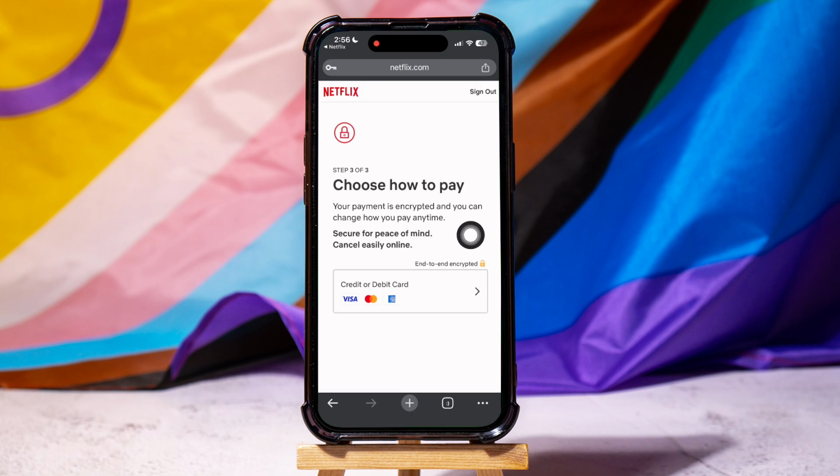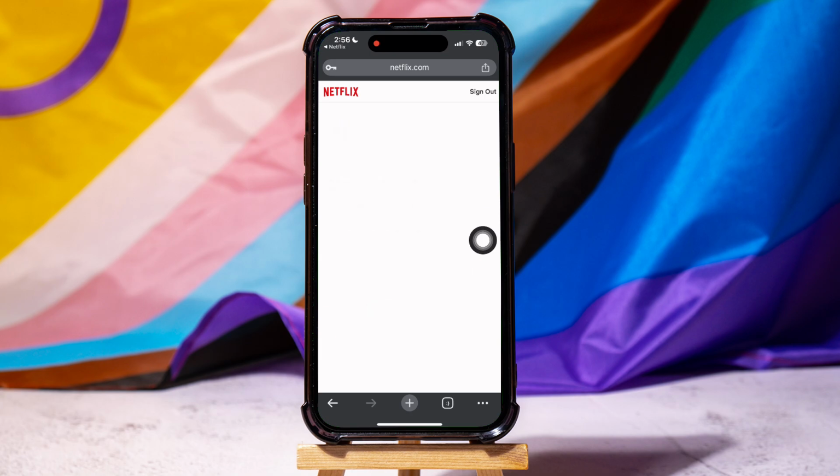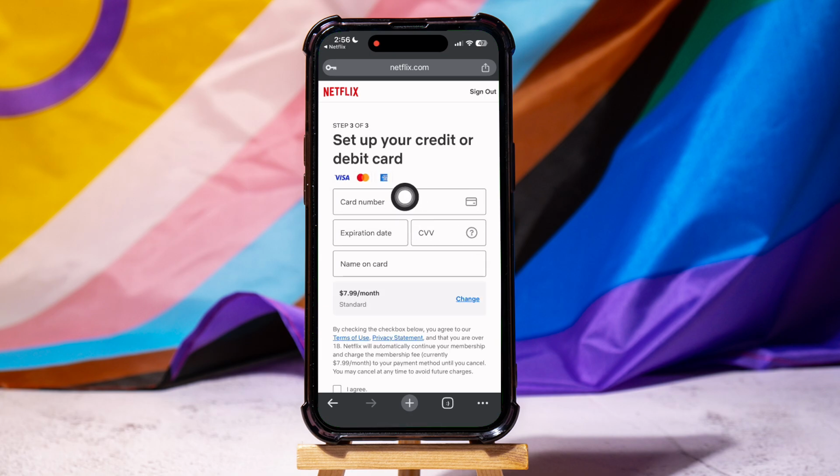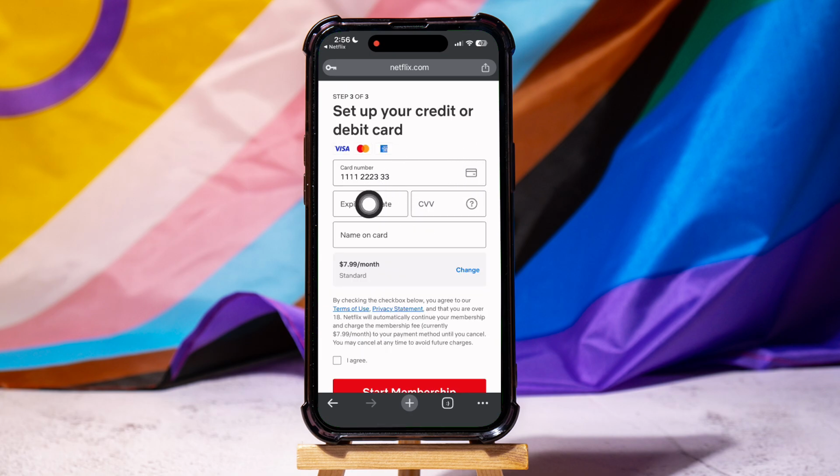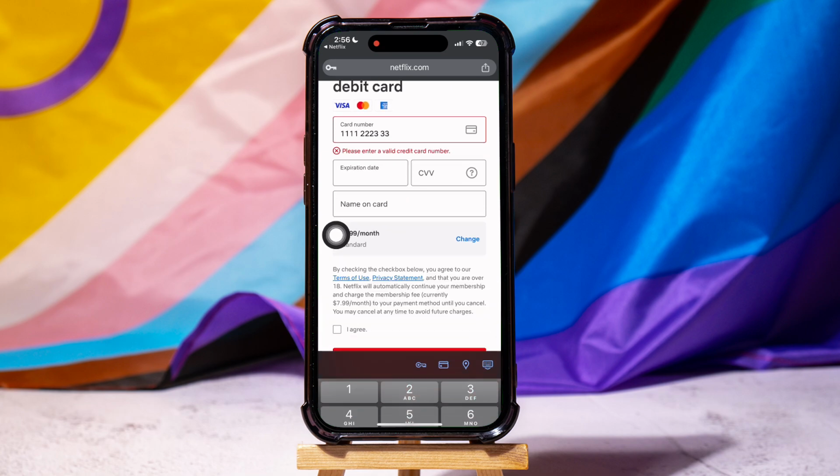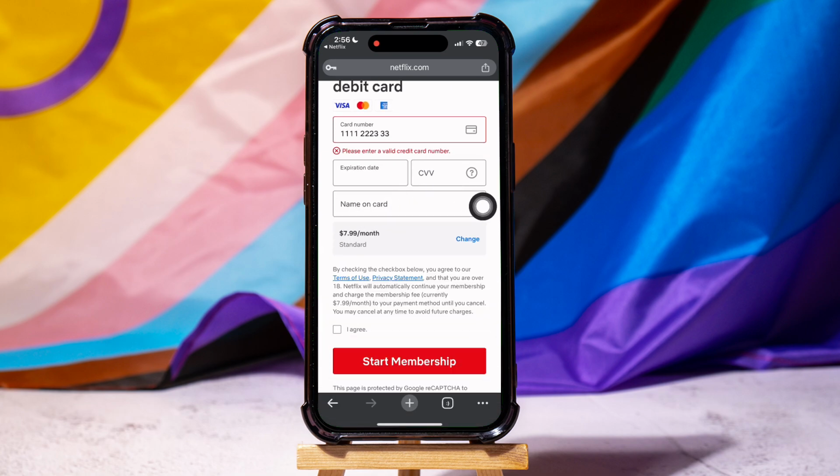Finally, you need to set up your payment method. Select your preferred payment option, such as a credit or debit card. Enter your payment details into the required fields, like your card number, card name, etc., and agree to the terms